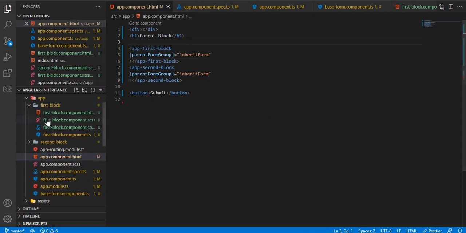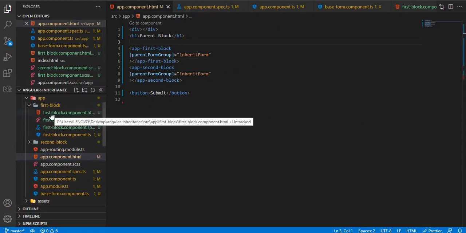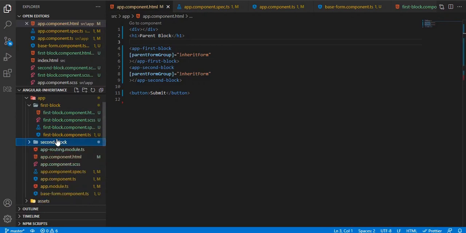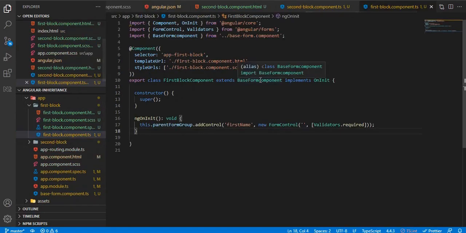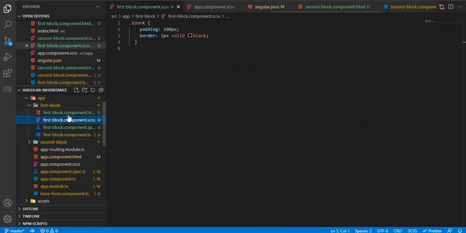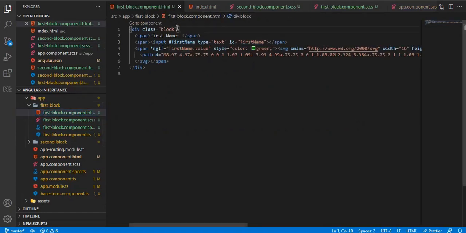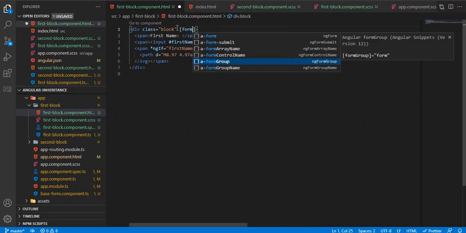We have passed that form group to the individual children components. So in first block, what we did is we extended the base form. So the first block component will have the instance of the form group, and also the base form component will have it. Okay, so now let's add the parent form group in the HTML. So let's call this form group.